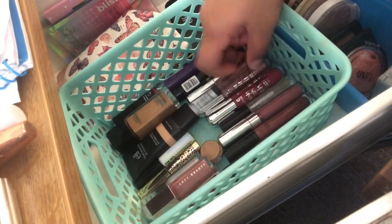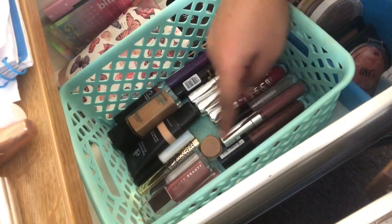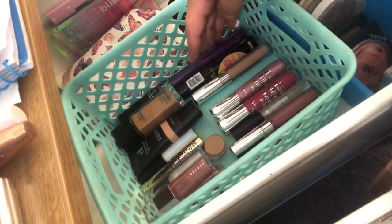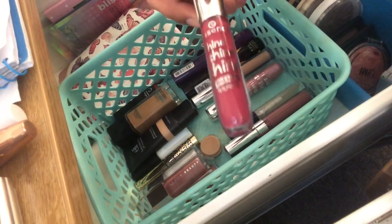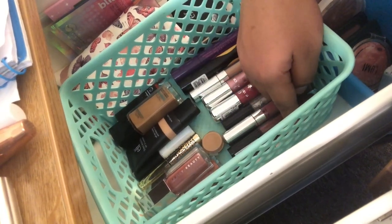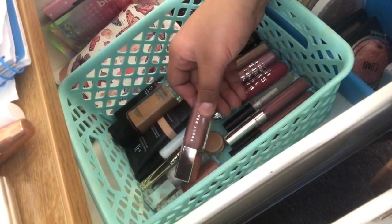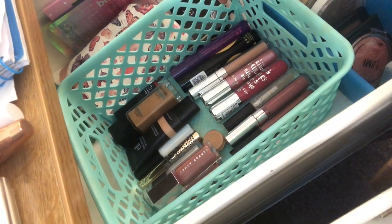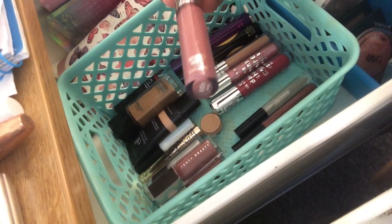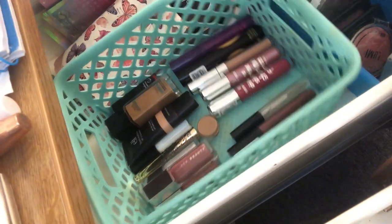For lip products, I think I'm gonna pull my Huda Beauty Liquid Matte Lipstick, just to use it. And then also this NYX Lingerie Gloss, because I love that gloss. And then, I haven't tried this yet, but I kind of know I'm gonna only like it in summer, so I don't want to open it yet. I'm gonna pull this AOA Studio Wonder Matte Liquid Lipstick in the shade Hype. It's like kind of pinky. I don't know how often I'll use it, but I'm gonna pull it just so I could try to use